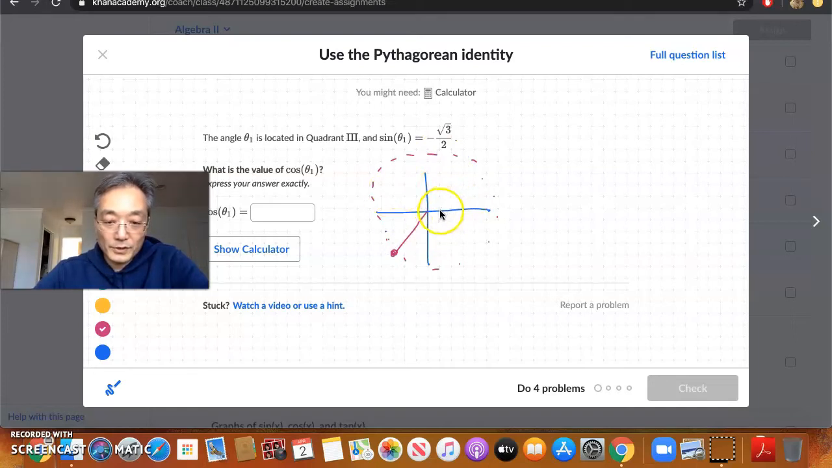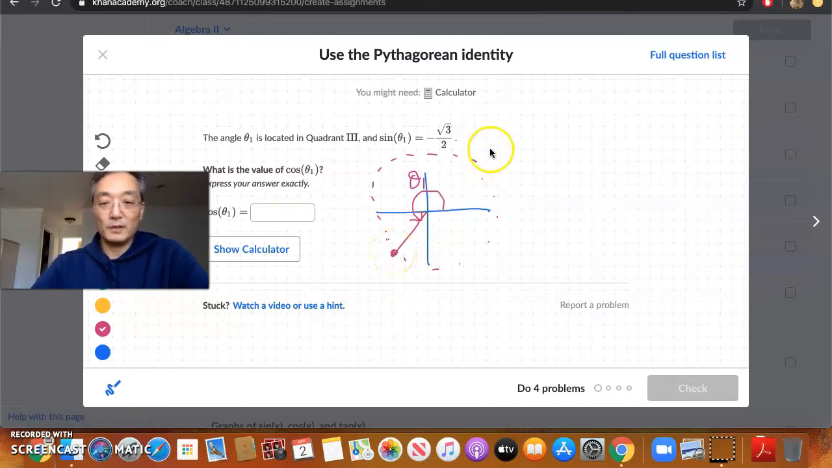Okay, so this is our angle theta 1. Theta 1 goes around. Here's our theta 1. It's going to create an angle in the third quadrant. They give us the sine of theta 1, which is this value. They want us to find the cosine. So let's use cosine